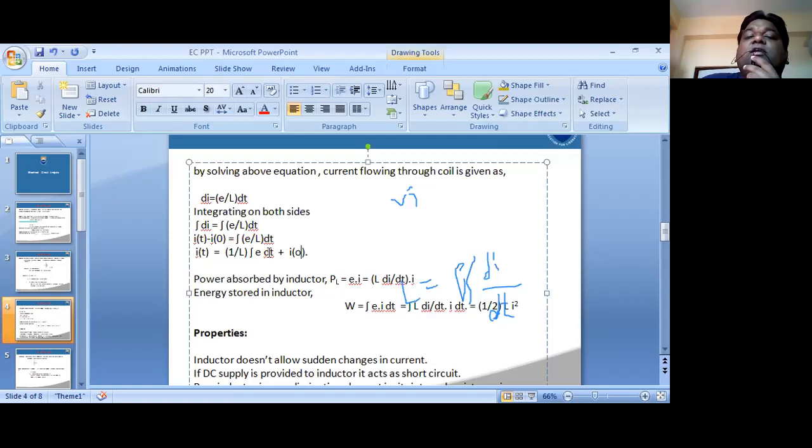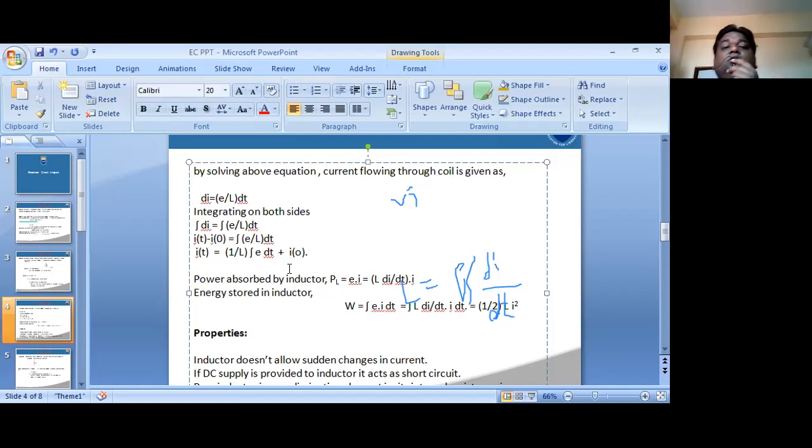So from this expression, when the current flows through the inductor element, as in the earlier discussion, some magnetic flux is developed. Because of this initial current, if the inductor is readily used, there will always be some magnetic flux in the inductor element because of this initial current I of 0. So that's why we can say that the inductor is a magnetic energy storing element.